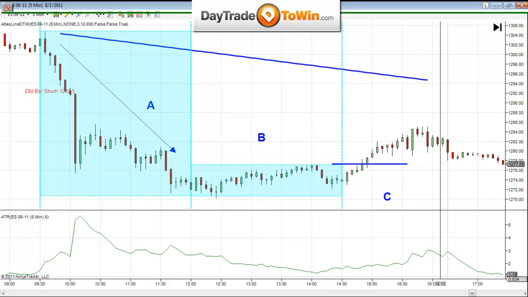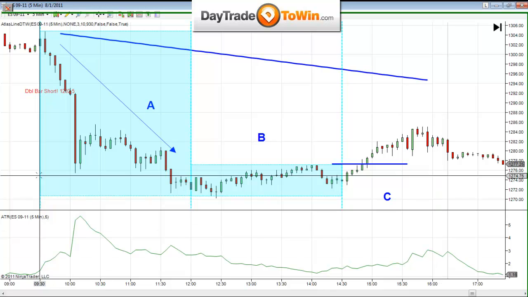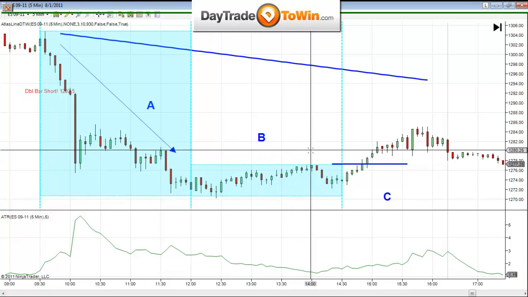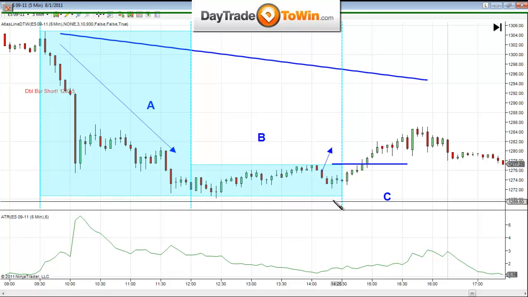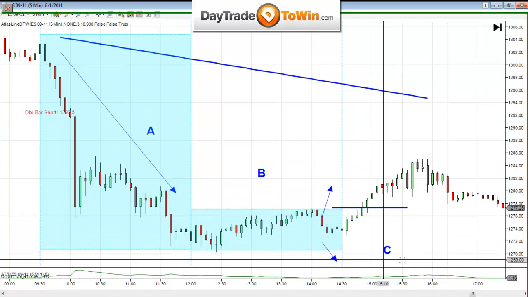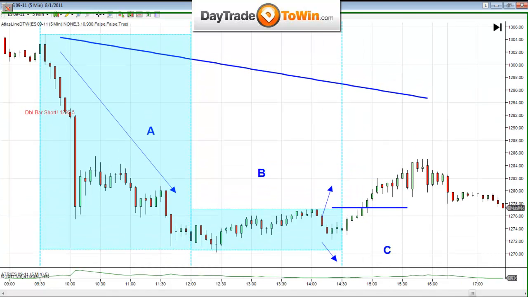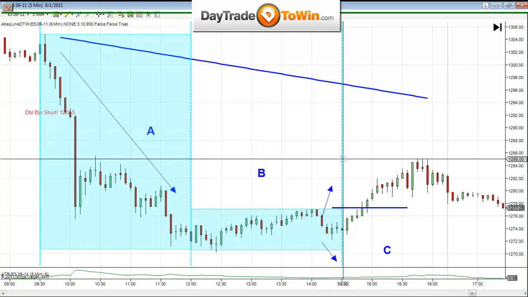So give me a reason to go long. I don't want to just think, I hope it goes long, it looks like, could be, maybe. Give me an absolute reason to go long or go short. And you can see that 2 consecutive closings above or below gives me the proof that I need, and it happened right here.